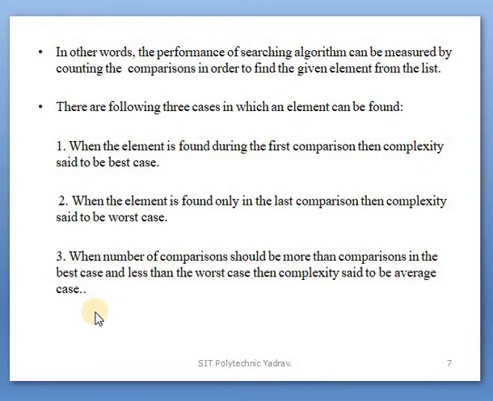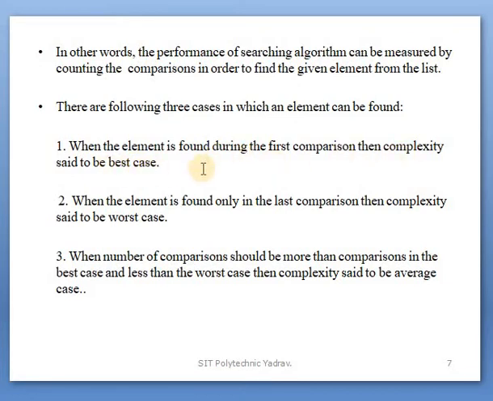It is stored at position 0, so we find it in the first comparison. This is the best case complexity, because the time taken is low: we found the number in the first attempt.